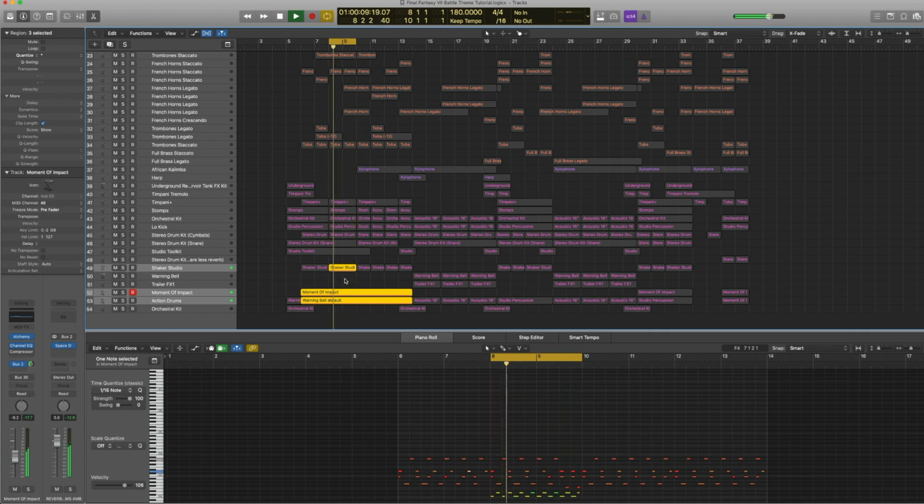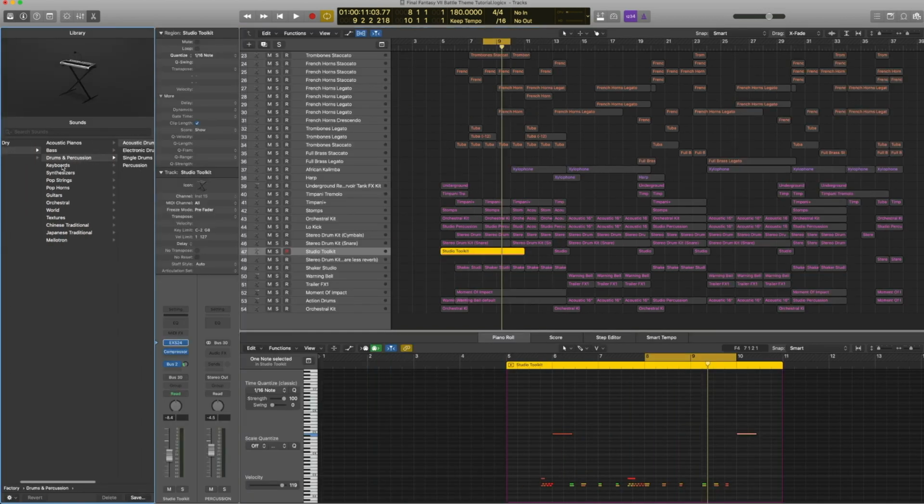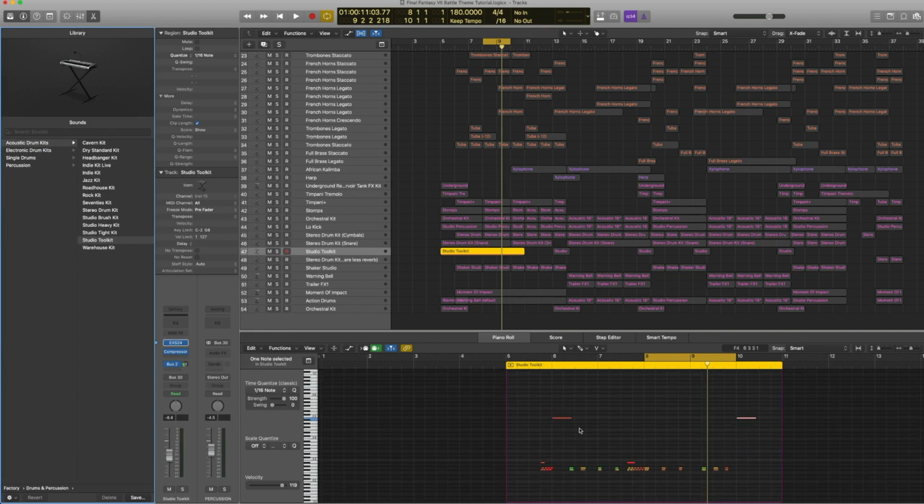Okay, a bit more organic to it. And this is a studio toolkit. Let's just click on this one. Under EXS24, you can find it under Drums, Percussion, Acoustic Drum Kit, Studio Toolkit. Studio Toolkit is great because it's got a lot of little snare rolls and many different snares and stuff. It's truly a toolkit for you to